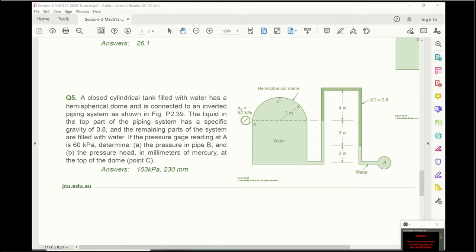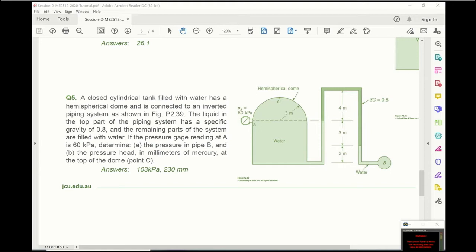Okay, what's the formula for specific gravity? Rho divided by rho for the water. So rho we don't know, but rho for the water is 1000, so 1000 times that is going to be